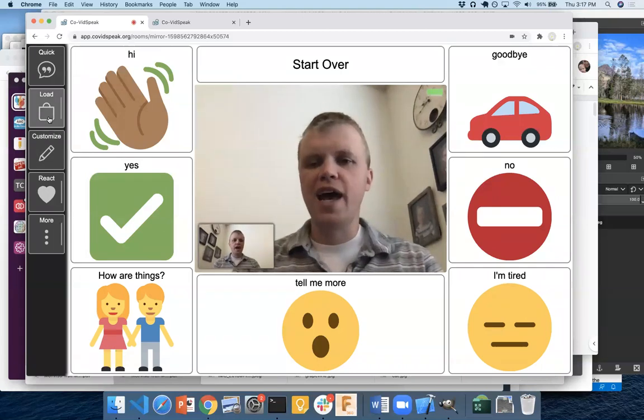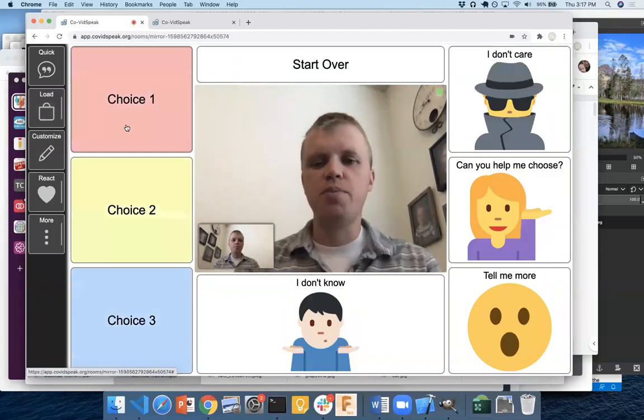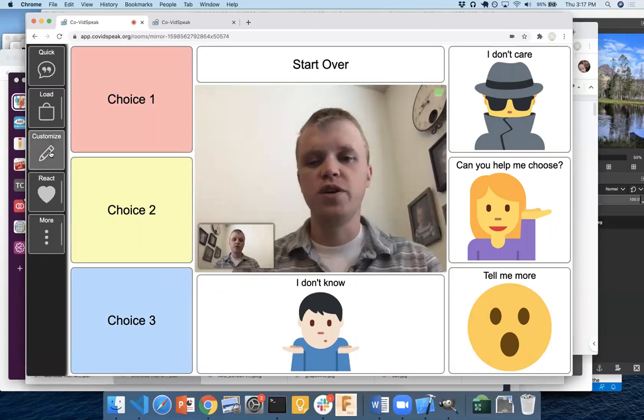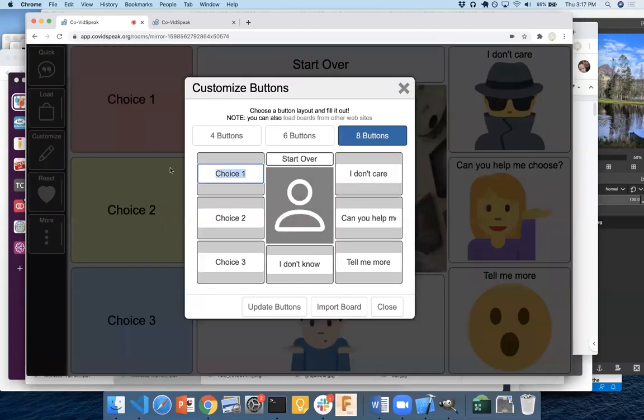Once you have a basic layout up, you can actually customize these on the fly. For example, our choice layout right here is not super useful by itself because it just says choice 1, choice 2, choice 3, right? But let's say we were talking about, what do you want to eat when we go to Taco Bell? Do you want a burrito? Do you want a taco? Or do you want,